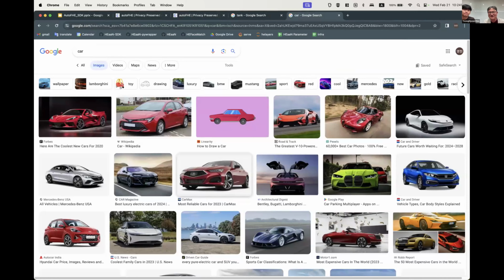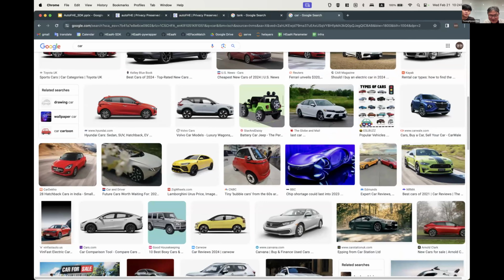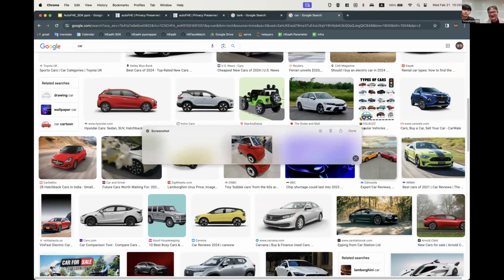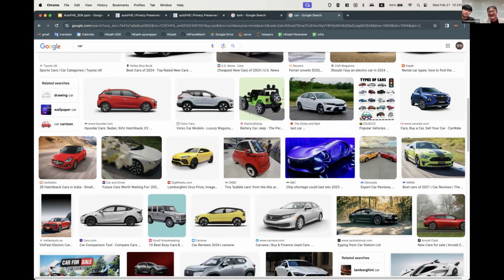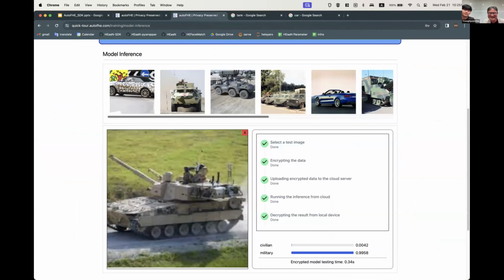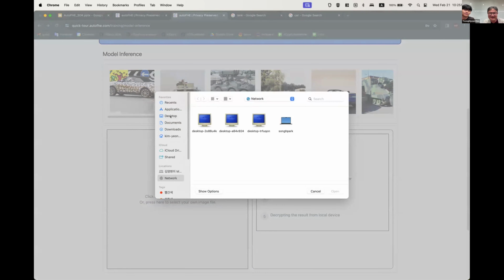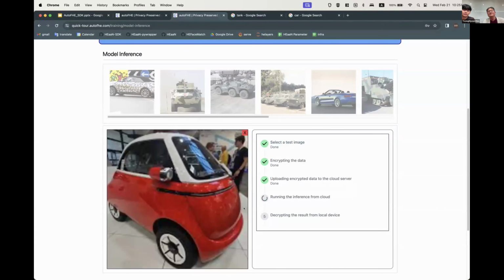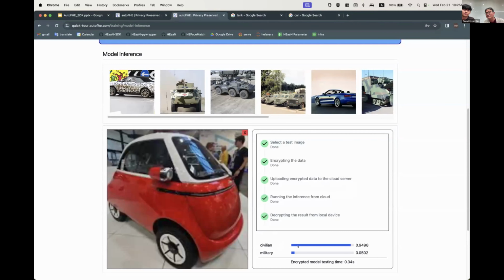It also works for civilian cars. For example, I will try to use this one. It does not look like a car, but anyway, it is not a military one. Yeah, so it gives the right result.